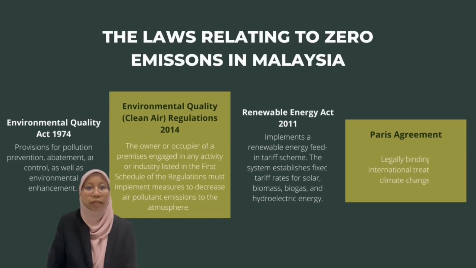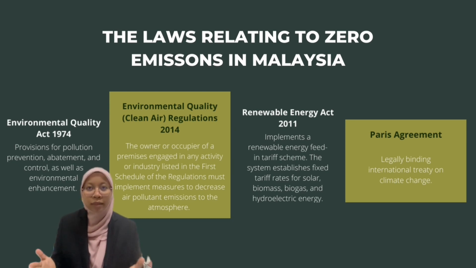So here, we will look into the rules that govern carbon emissions in Malaysia. The first one is the Environmental Quality Act 1974, which is the major piece of law in Malaysia that controls environmental preservation and conservation. Sections 21 and 51 of the EQA 1974 give the minister in charge of environmental protection the authority to create regulations defining acceptable conditions for the emission of environmentally hazardous substances and pollutants, as well as regulation prohibiting the emission of any gaseous matter in the environment.